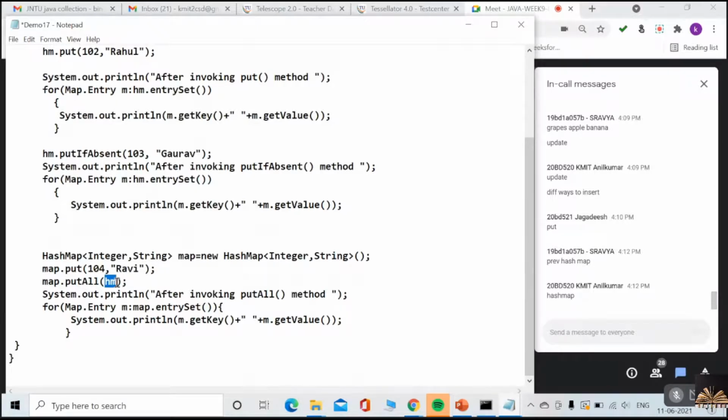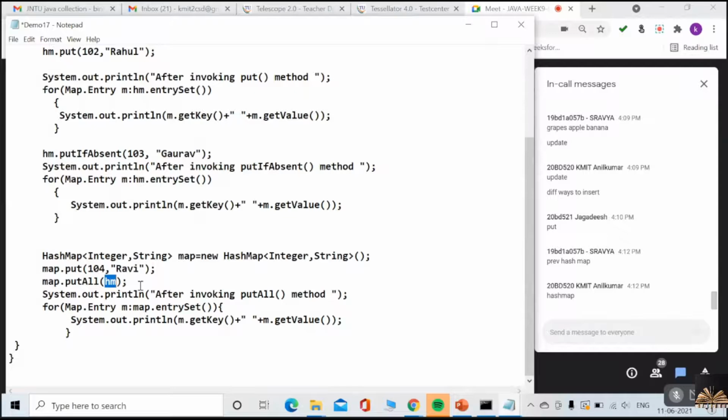Yes or no? If I pass it like this, what is going to happen? What is your expectation? It adds all the elements of HM, that is the first hash map, to this second map.